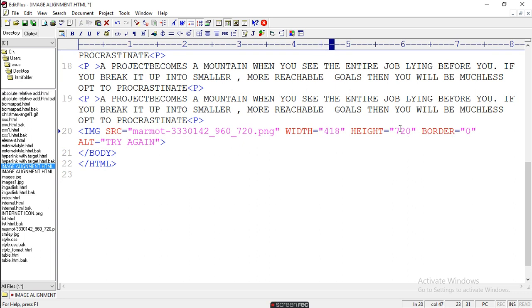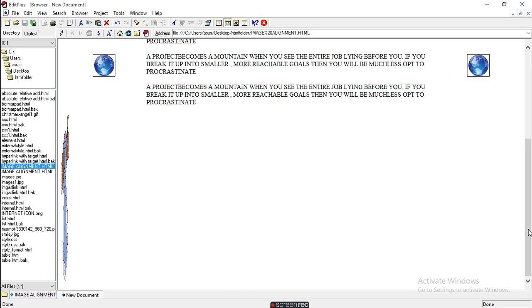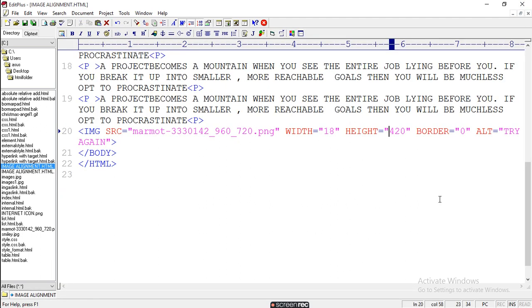So here you set a small size of the image. Suppose you make it 4 and you make it 5, or even smaller. Then you will get a small image. This is a wrong proportion.